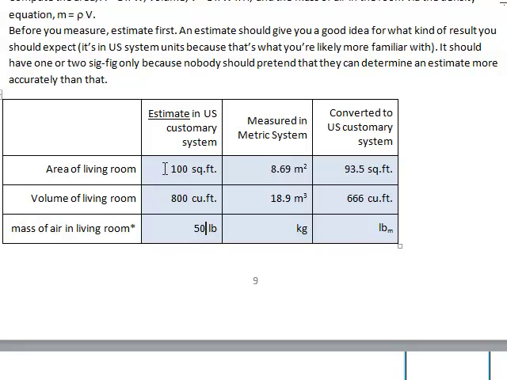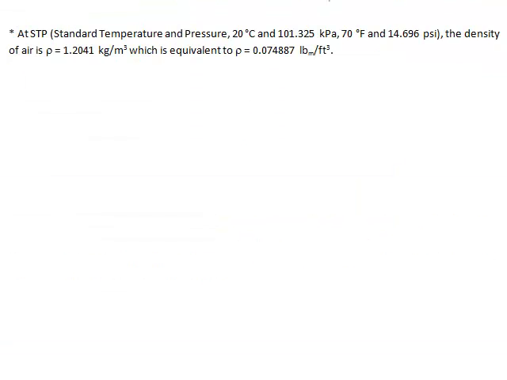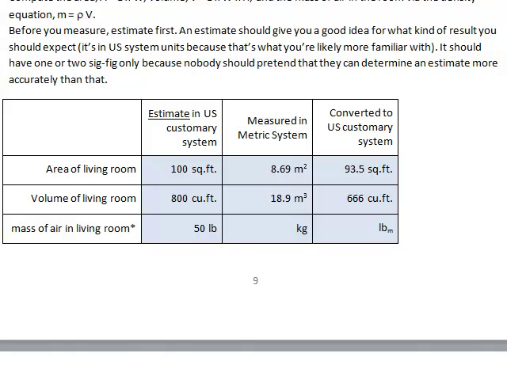Again, if I have a pretty good idea for an estimate, I come up with something that is probably relatively close. If I don't have a good idea for an estimate? Well, I still do it, and then I'll see what I get and say, oh, okay, I was actually not too far off, or perhaps I was. Okay, so now I need to compute the mass, actually. So here's my estimate of 50 pounds, and now I'm going to calculate the mass in this room of air, and air has a density of 1.2041 kilograms per cubic meter. So I'm going to use that number,